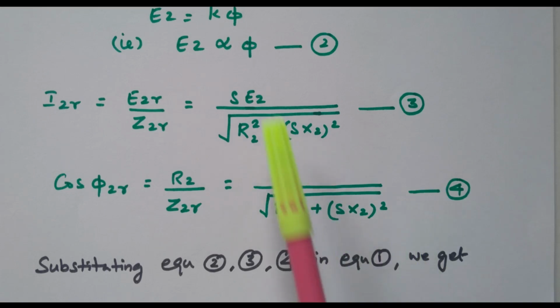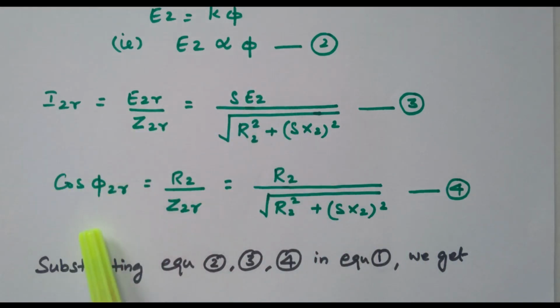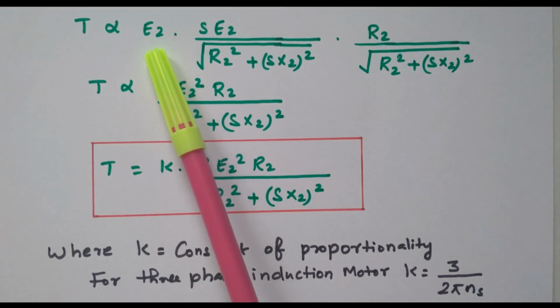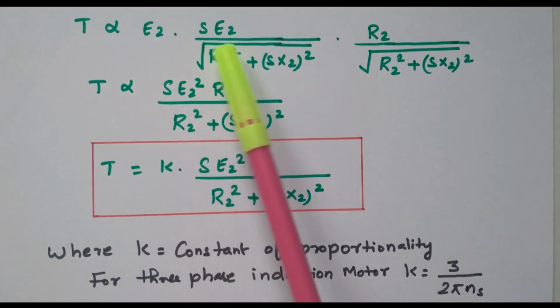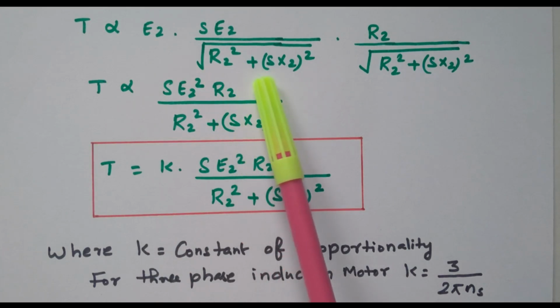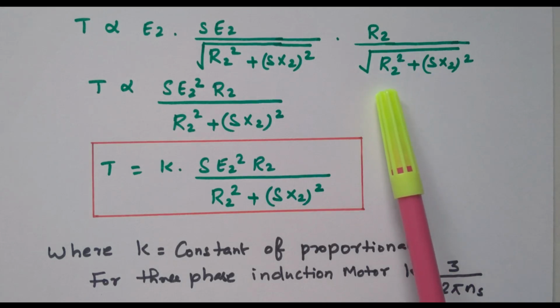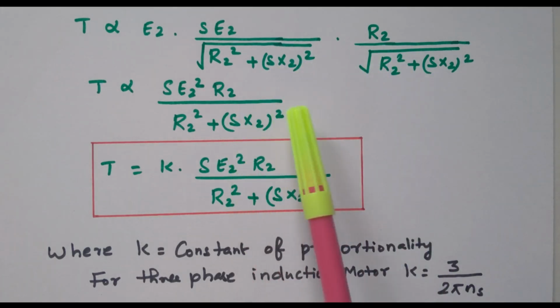Now we got the expressions for flux, rotor current and rotor power factor. Now we will substitute equations 2, 3 and 4 in equation 1, so that we can frame the equation for torque. While substituting, T is directly proportional to E2, phi. Phi is nothing but E2. This is the rotor current, S into E2 divided by the square root of R2 square plus S into X2 square, into the power factor R2 divided by the square root of R2 square plus S into X2 square. So this term is available 2 times, the square root,